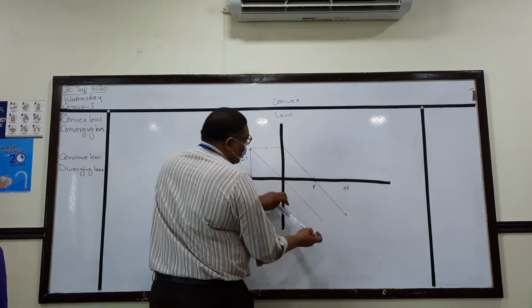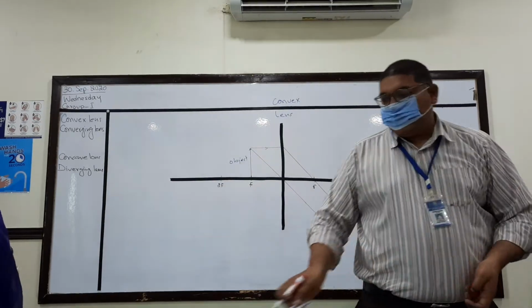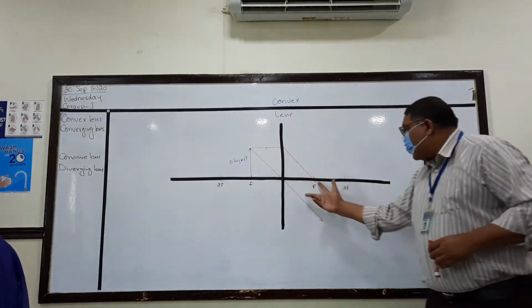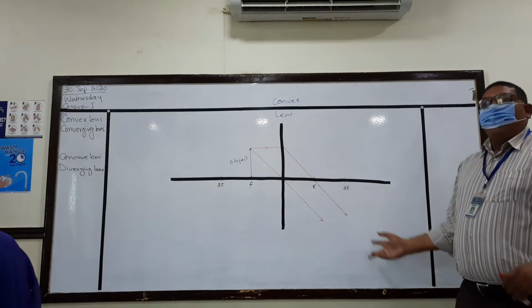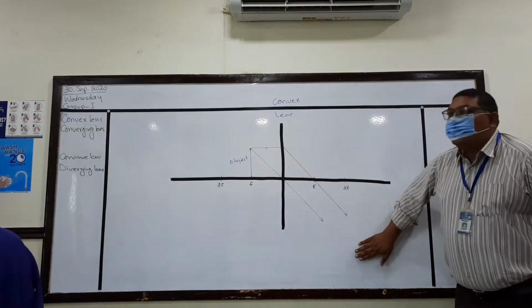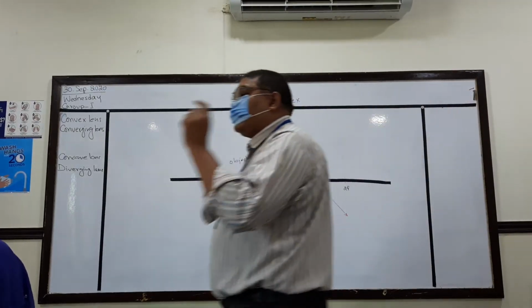My diagram is not that good, but if you draw it on the copy, that will be very good. Let me show you that. These two rays will become parallel to each other. When they become parallel to each other, it means they do not intersect here. So it means if you put an object